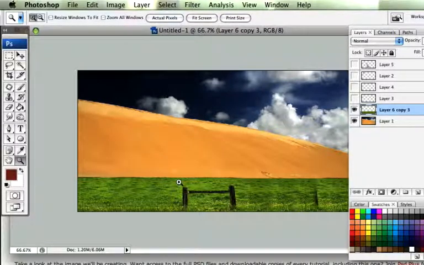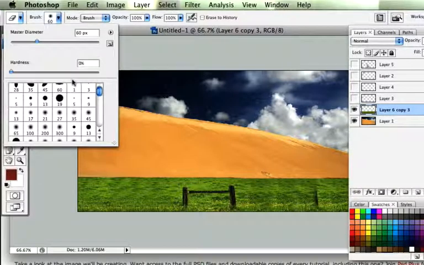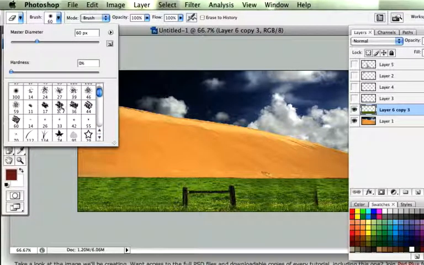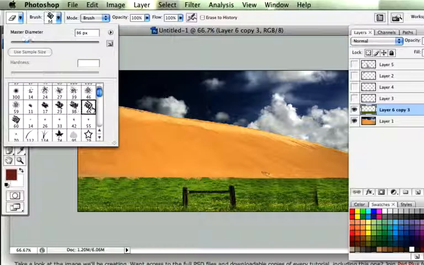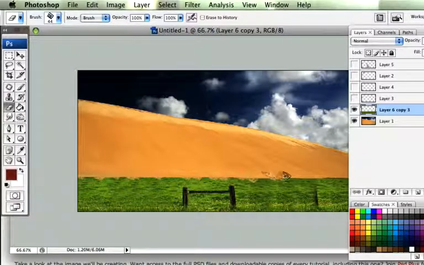And obviously it's too harsh a line right now to look like it's part of the same image. But we're going to play around now. We're going to start erasing that area and start to blend it in. So let's go over to our eraser tool. Let's set the brush for the eraser tool to any of these here between, let's say, 60 and 23. Just choose one. And a couple of cuts here and there. And again, change the brush. Choose this 44. Okay, I'm just going to change the angle of my brushes,